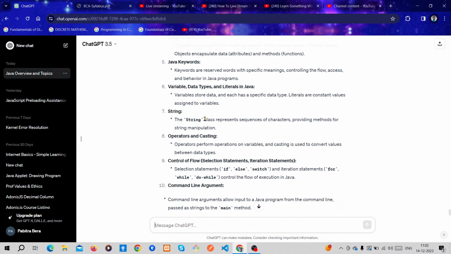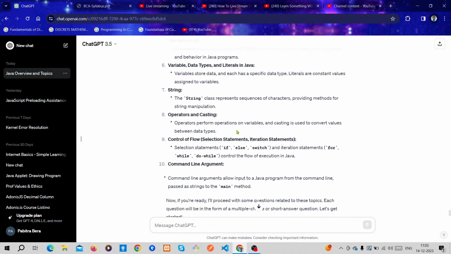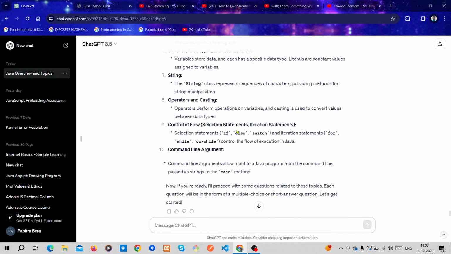Then strings: the String class represents a sequence of characters, providing methods for string manipulation. Operators and casting: operators perform operations on variables, and casting is used to convert values between data types.